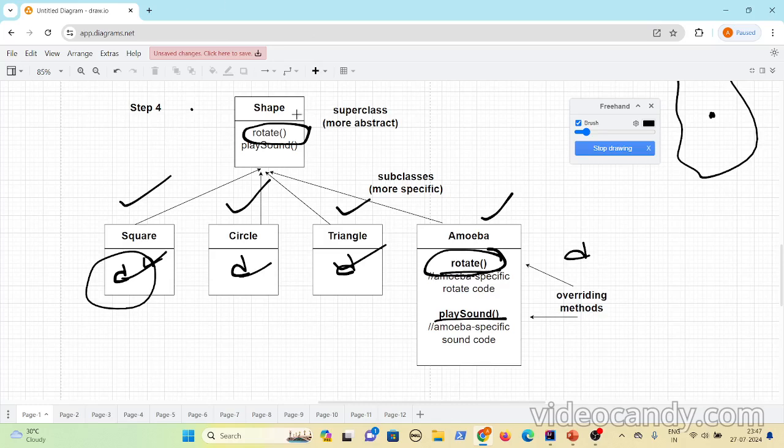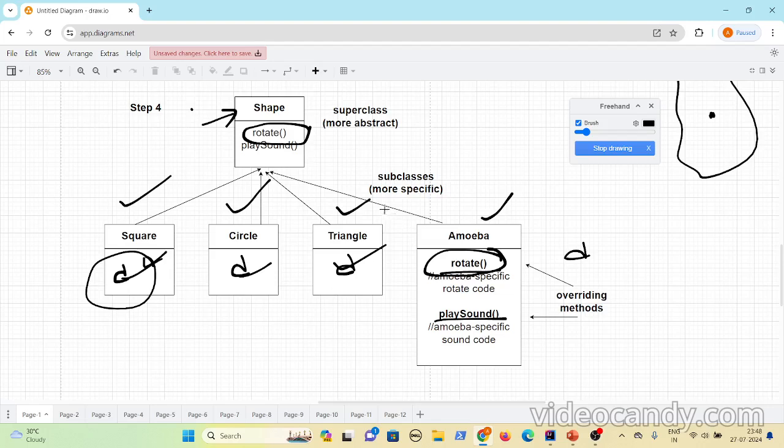So if there is an instance variable defined in the shape class, that variable can be used by square, circle and triangle as well, and they can change the value of that variable. When I say members of a class, it means methods and instance variables. Everything will be inherited by the children.